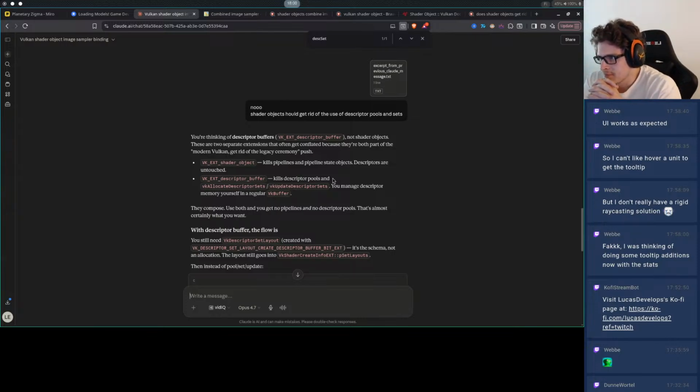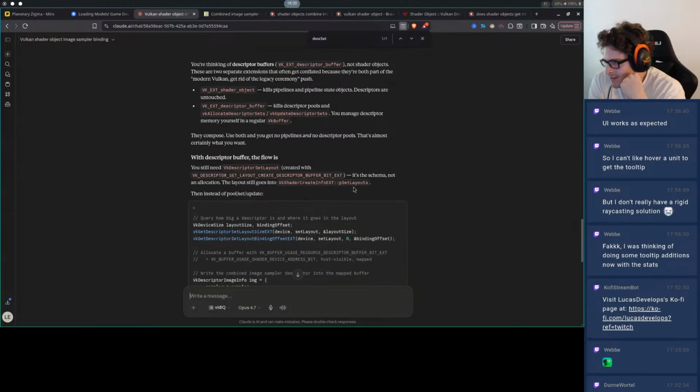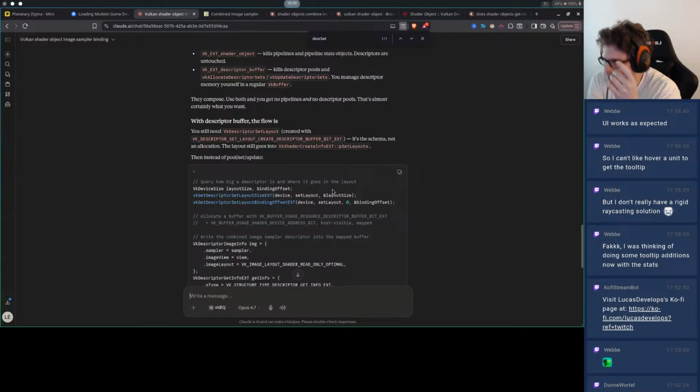I'm thinking of descriptor buffers. Yes, that's what I'm thinking of. With descriptor buffers, the flow is you still need a descriptor set layout, which I got. Descriptor set layout create descriptor buffer bit extension, I got that. It's a schema, not an allocation. The layout still goes into the pipeline layout create info. And then instead of pool and set update,